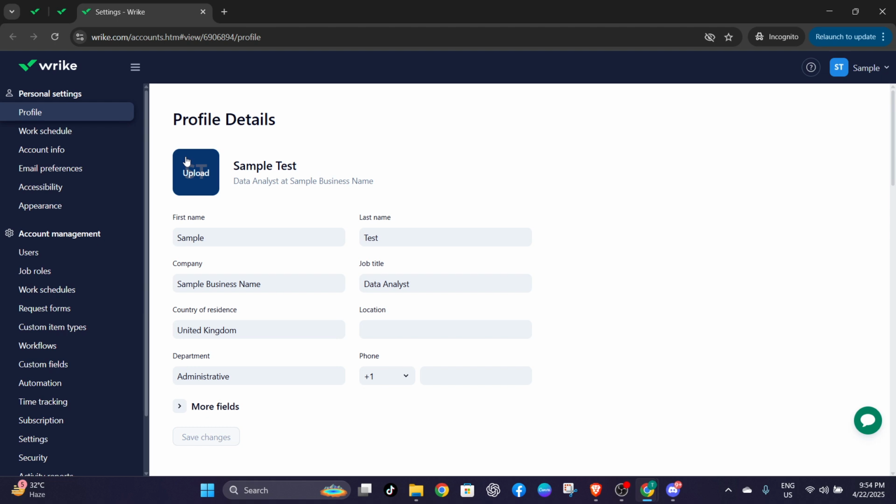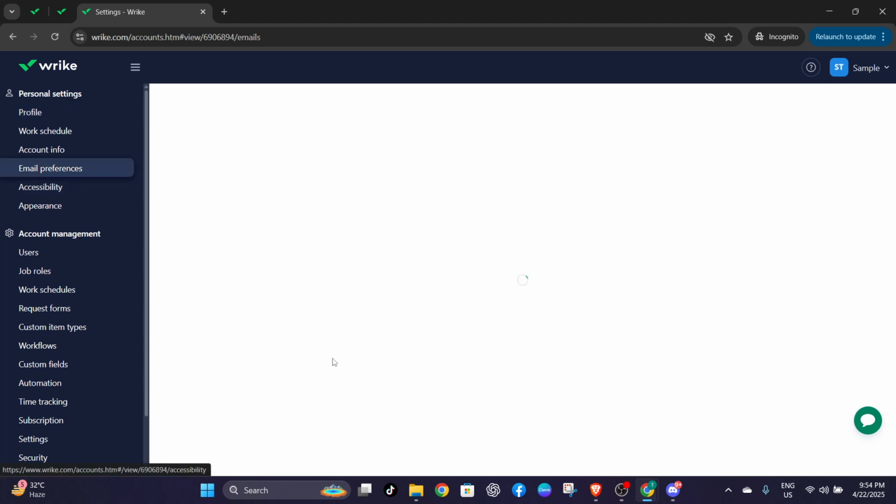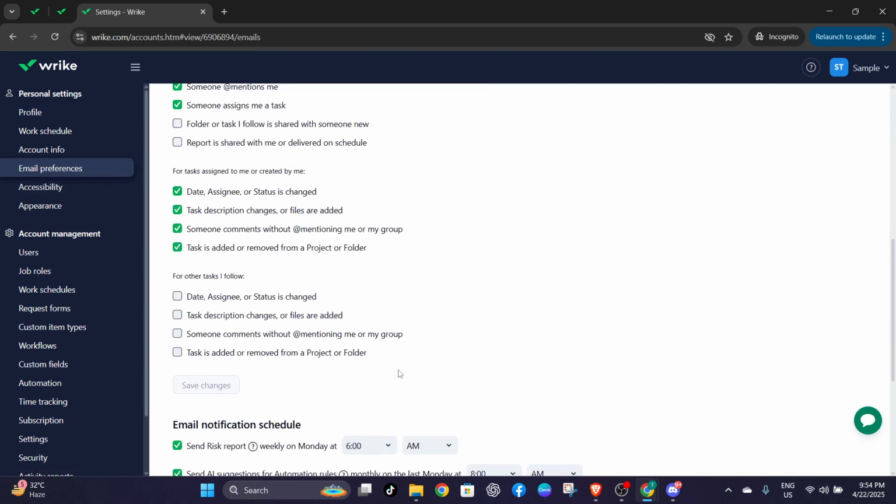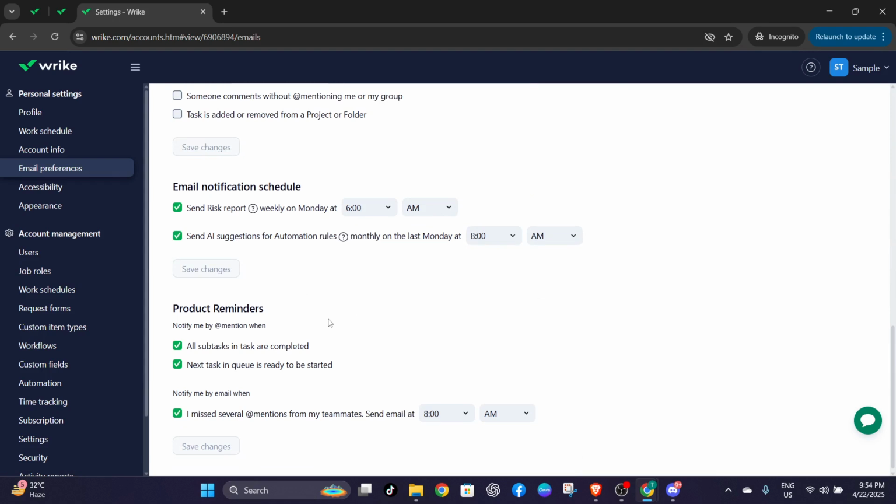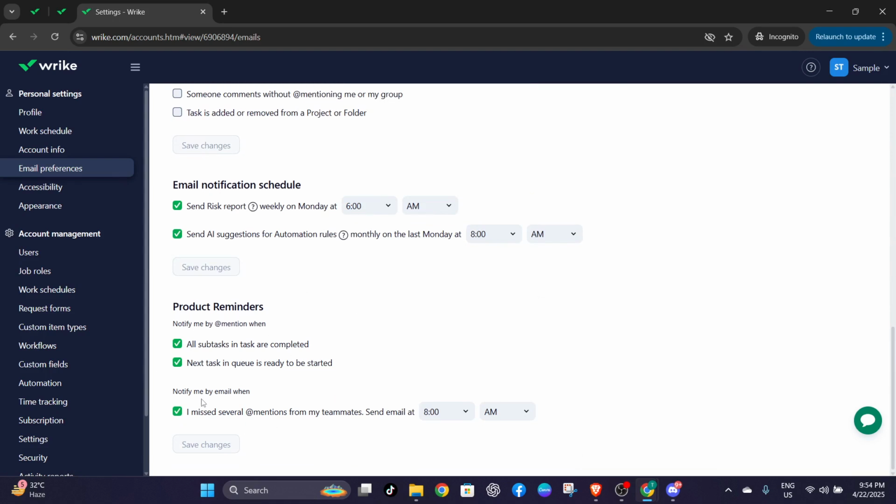You'll see a list of options with checkboxes beside them. These represent different notifications you might be receiving, such as reminders when your next task is queued up and ready to start. Feel free to uncheck any boxes for notifications that don't serve your needs. By doing this, you ensure that you're only getting alerts that matter most to you, rather than a constant barrage